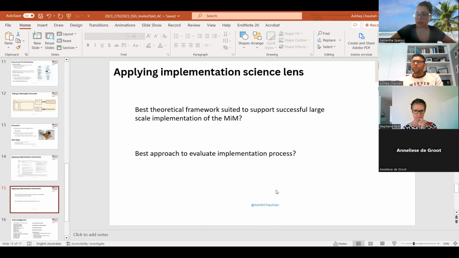So we didn't use specifically any implementation science theory. When I say implementing theory in co-design, for example, big questions, what are you hoping? All right, I'll come back to that later.